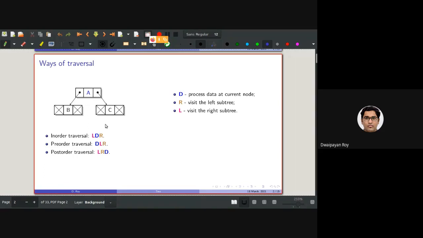subtree. In pre-order traversal, it is first the data part, the information part in the root node, that is traversed or actually processed. Then the left subtree is visited and processed. In one word, basically traversed. And then the right subtree is traversed. In post-order traversal, it is first traversing the left subtree, then the right subtree, then the root data. The information part of the root data is processed.